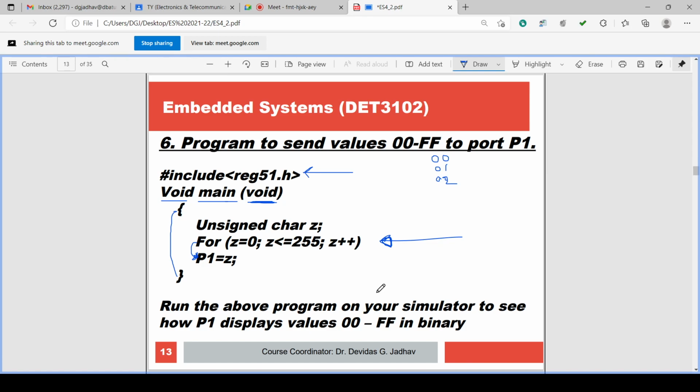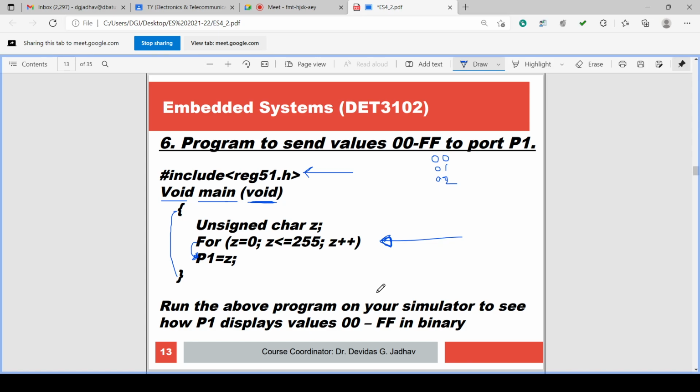Unsigned char Z, for (Z = 0; Z <= 255; Z++), and P1 = Z means whatever value of Z is there is assigned to P1, that is, outputted on port P1.